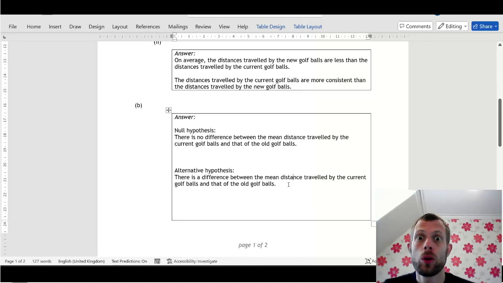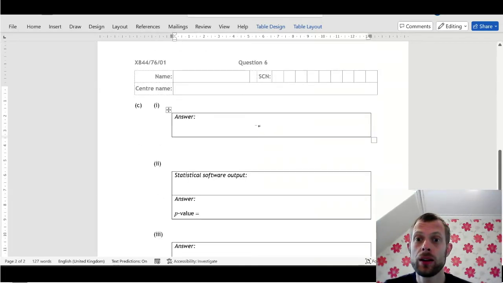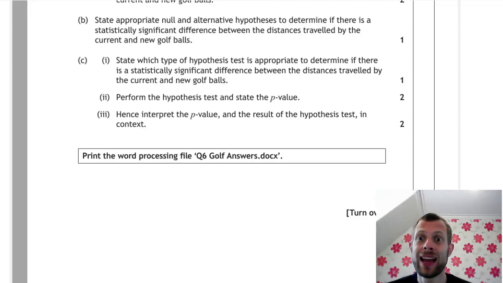So now we're going to go on to part C, and we have to look at naming the hypothesis test. Now, there aren't too many types of hypothesis tests that you see in this course. You have really four main ones: t-test for independent samples, a paired t-test, a correlation test, and a z-test for two proportions. Now, the t-tests are the only ones that are used for comparing means, and in this case it's